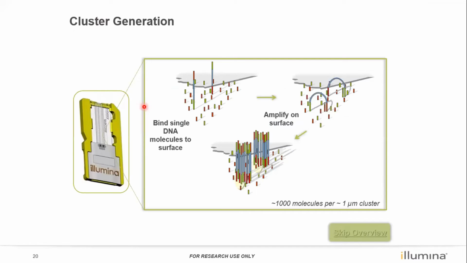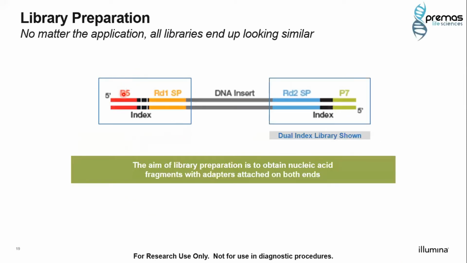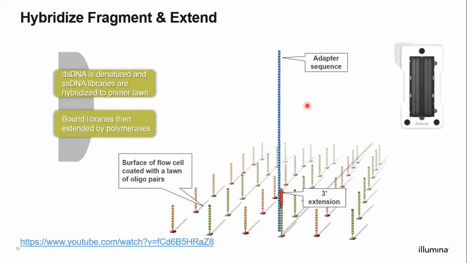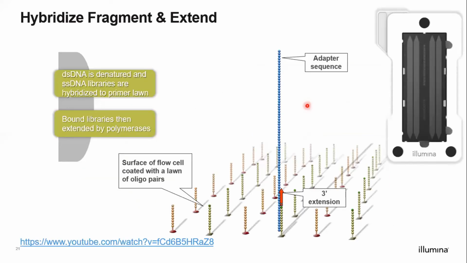What actually happens is that sequencing happens on a flow cell, which is basically a glass slide. We can call it a chip as well, and it has lanes on it. Those lanes have complementary sequences of these universal primers P5 and P7. Once you apply those samples, they get bound. Then clusterization and amplification happen, and then finally it comes to the sequencing side. I'll leave it to Udit to explain how sequencing actually happens.